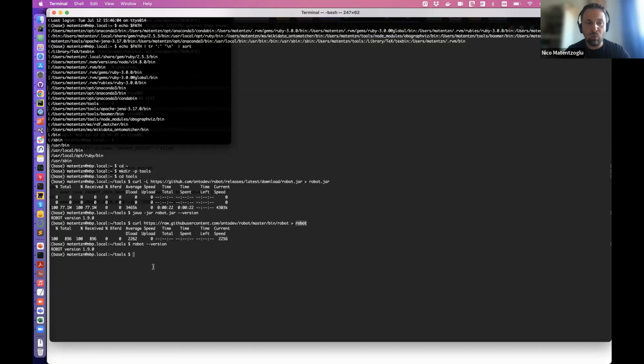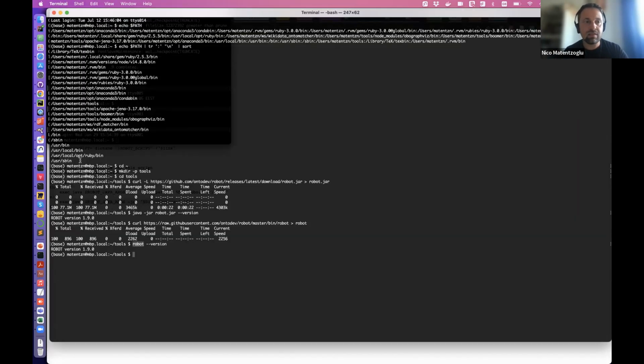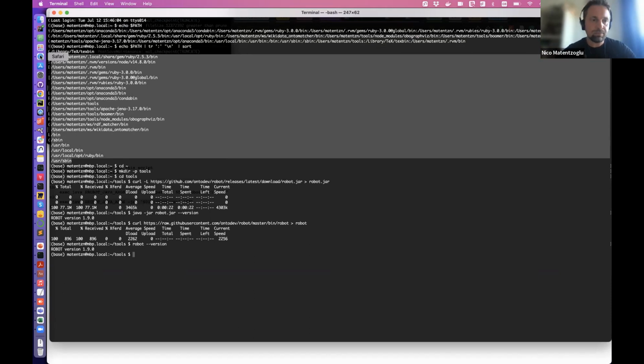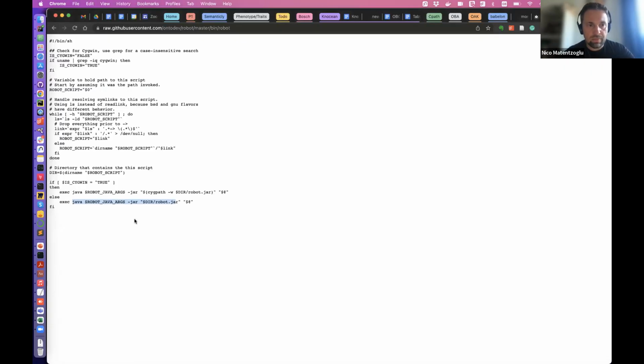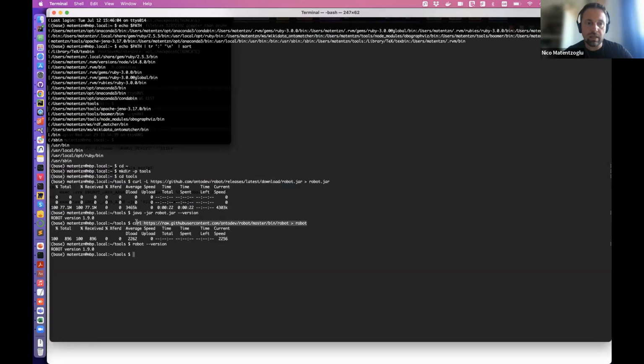The reason why your shell is able to find and know what this robot command is is because it is present somewhere on your path, which it is not if you're doing this for the first time right now. All right, so now we have hopefully downloaded the wrapper script